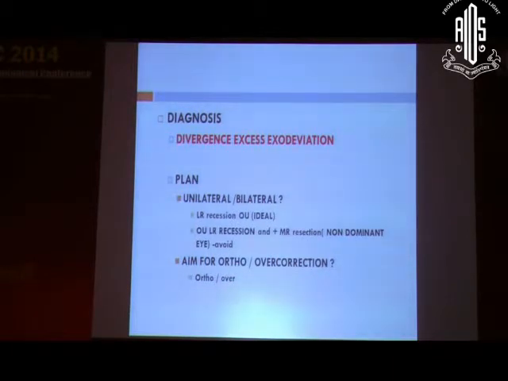Secondly, if esotropia happens, you have to look for it. If there was a high AC/A ratio, you could give bifocals; a near add could be given to check the esotropia for near. Otherwise, sometimes we may have to do posterior fixation of the medial recti to check it, if there is not a high AC/A ratio. So in a true divergence excess, you have to be really careful not to have an overcorrection into esotropia, because for near it will be still worse.